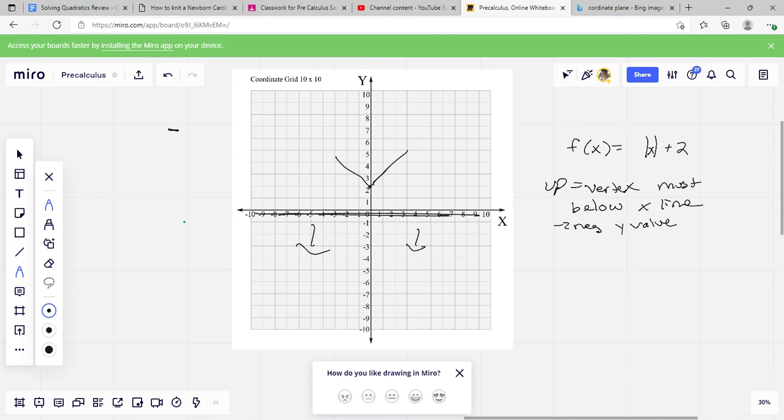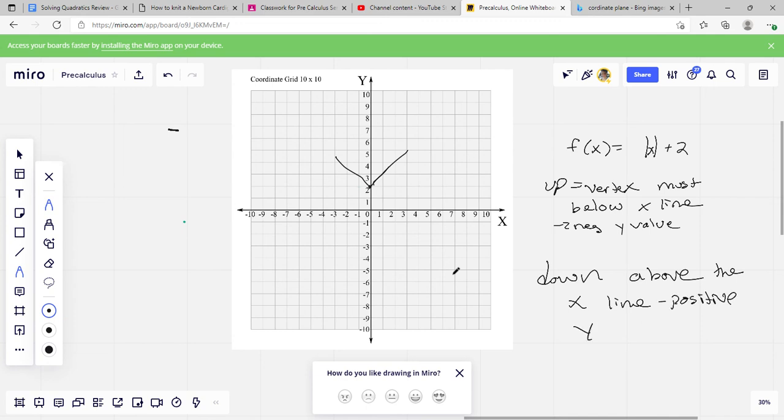Below our x-line. All right, if it's facing down, it has to be above the x line, right? So it would have to have a positive y value,